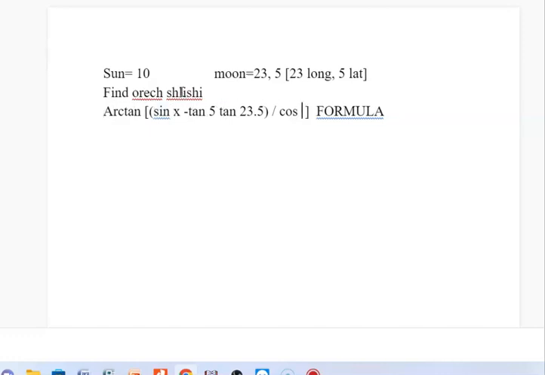I forgot to write it, cosine x. This has to be done first. The operation has to be first. You have to do sine x minus tangent, and then you have to divide by cosine x. And if you don't do the brackets properly, then you get a wrong answer. So if you don't know how exactly, if you get confused, just do separate steps. First make sine x, that's sine 23 minus tangent 5 tangent 23 divided by